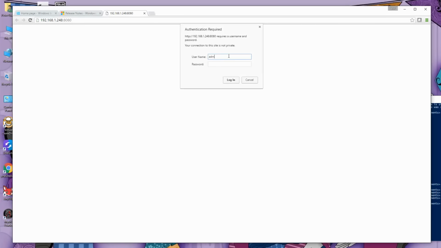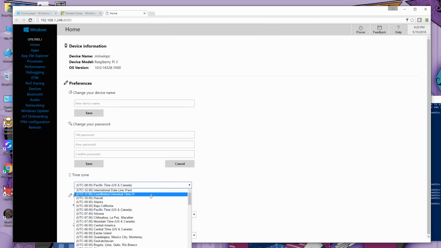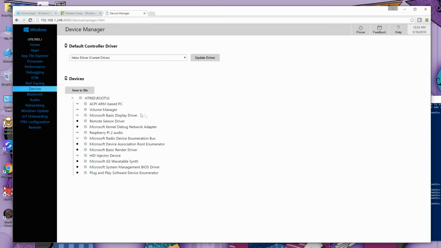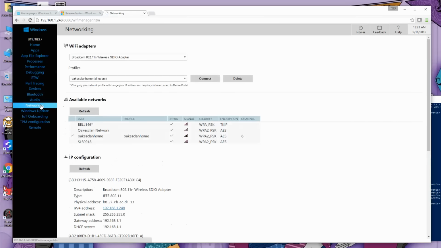If I put in administrator, so I've just gone in there, I won't bother changing the password yet. Set the local time zone. And if you look at devices now, the Raspberry Pi Wi-Fi actually shows up under the USB devices, the Arasan SD controller, and there is a Broadcom wireless adapter. Now that showed up before. I just couldn't get the remote configuration to work, so that hasn't changed anything, but it's just showing you that it's detected there. Now if I look in networking, you'll see that the Wi-Fi is indeed working on that